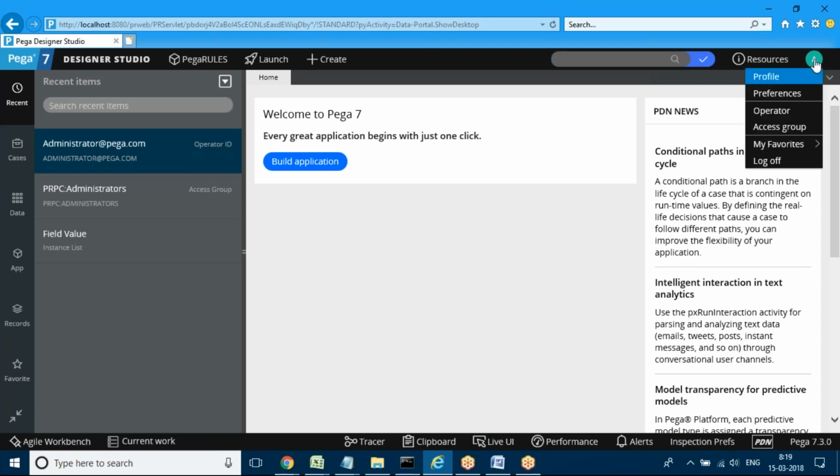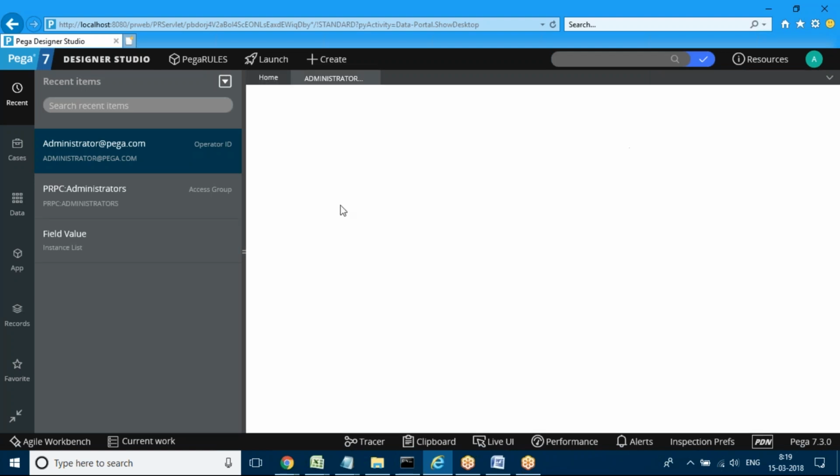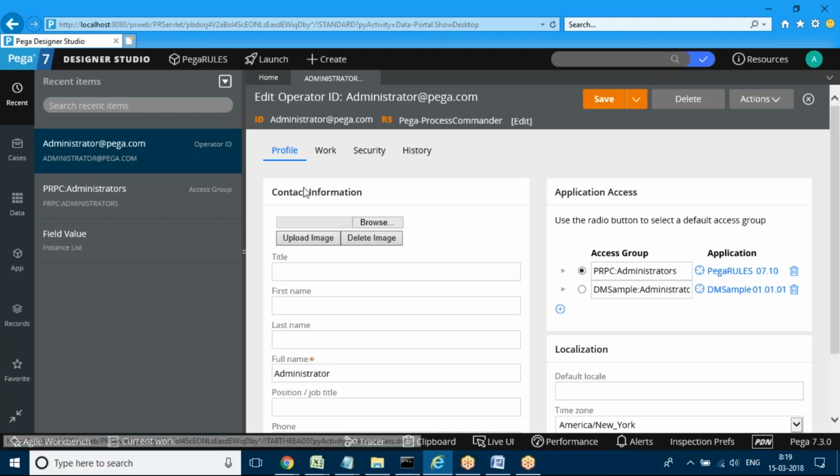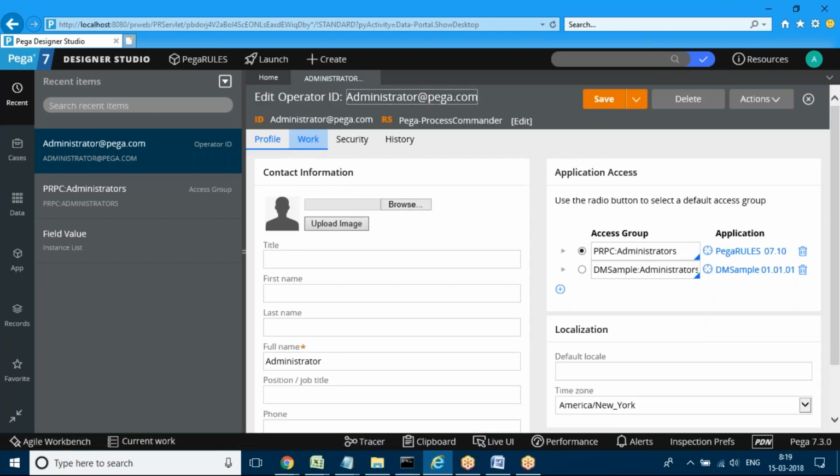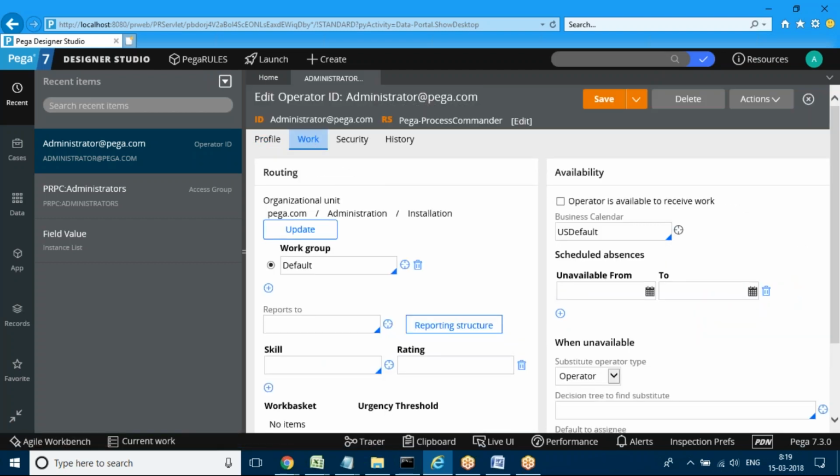You cannot edit, guys. Okay, that edit is not possible. When they create the user ID for you, they will set all the access for you. So if you check in the operator, all that information will be there, which application you can access, and there are some other things like work. Okay, which routing access is given for which organization, which division level, unit level, some routing options will be there. In the coming classes you will learn how to update the routing and all.